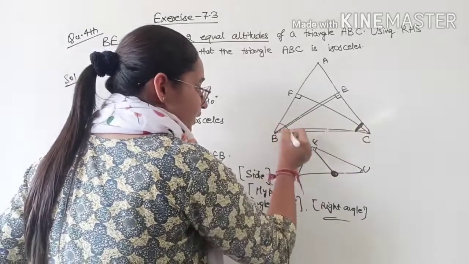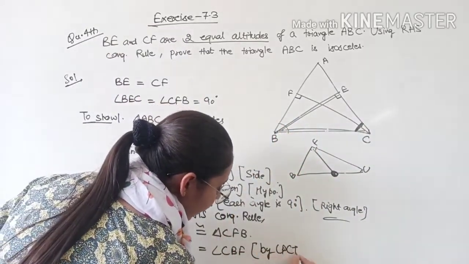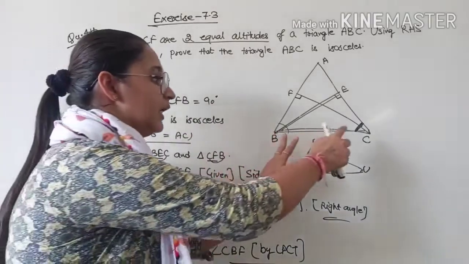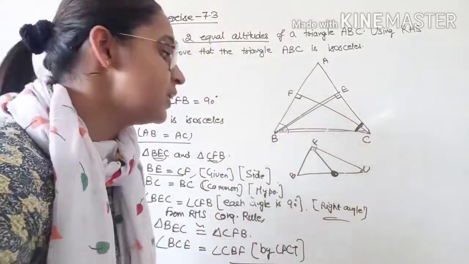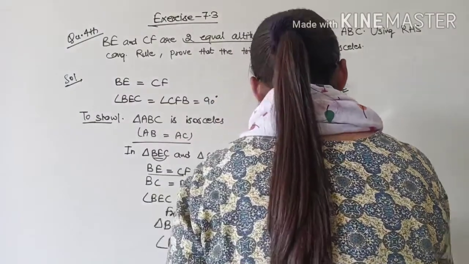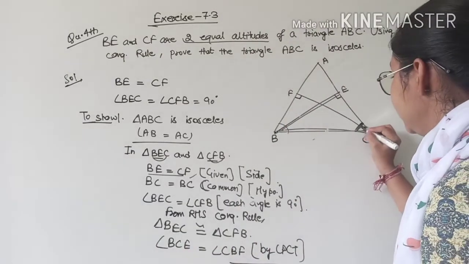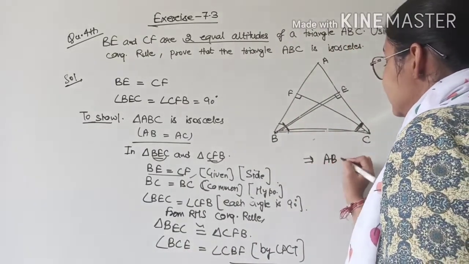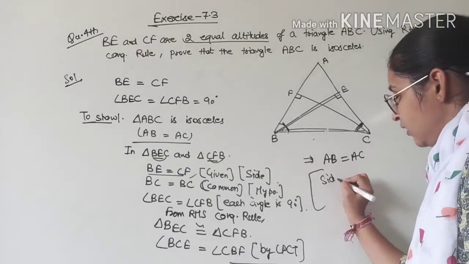This angle will be equal to this angle by CPCT. And if these two angles are equal, then the sides opposite to these two angles will always be equal. So you can say angle BCE, that is angle C, is equal to angle B, it implies AB is equal to AC, and the reason will be